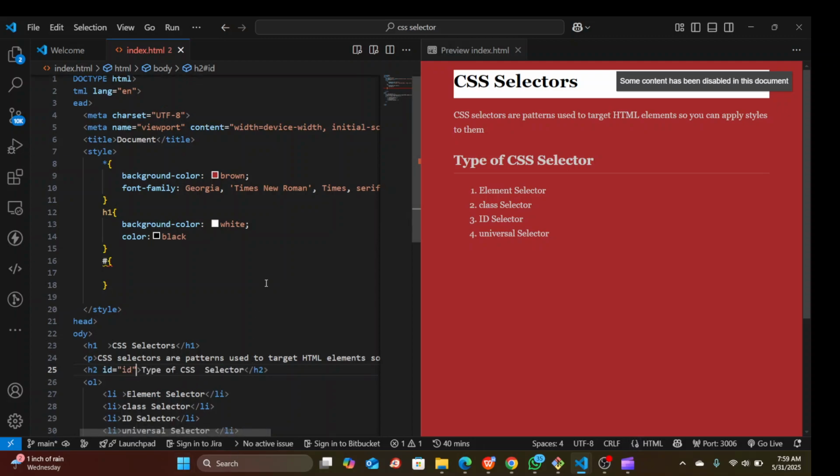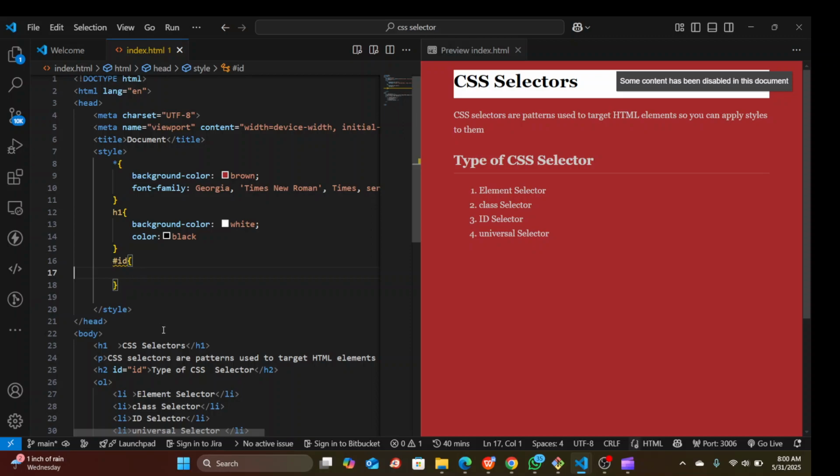Good. H2. I've placed it there. So now let me tag it, the pound sign and the name of the ID. I called it ID. Then what do I want to change? What should we change? Okay, let's change the